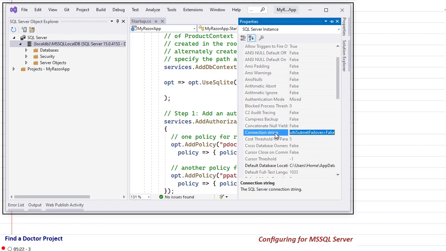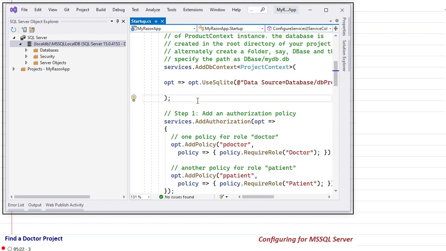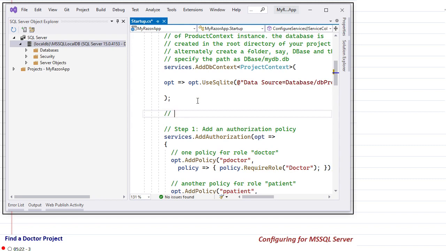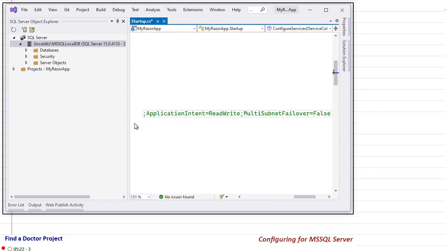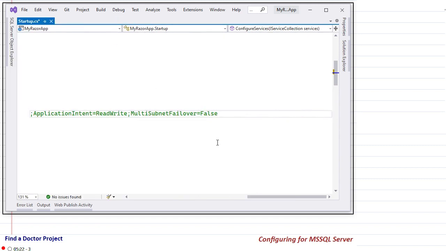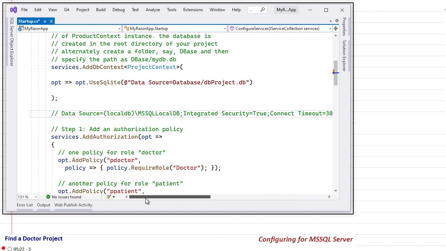See, this is a connection string. I will copy it to the clipboard because I will need it, and after copying I have pasted it here. I have pasted it without any modification, blindly. This is the easiest thing to do, but when you are running it on a professional server, then you will ask your administrator about the connection string, and these connection strings are made available by your database administrators.